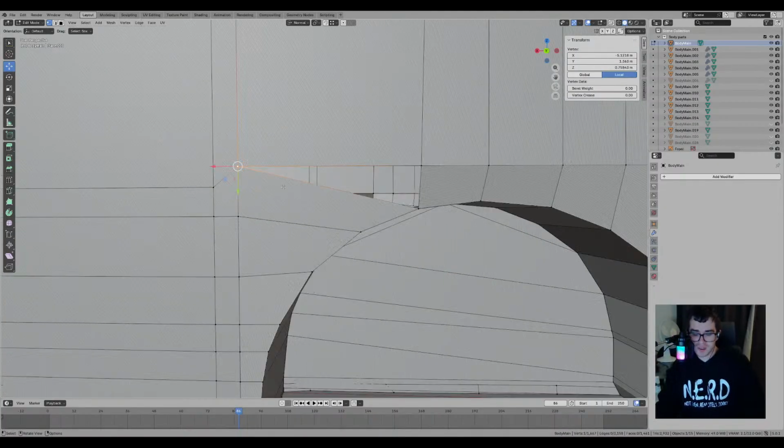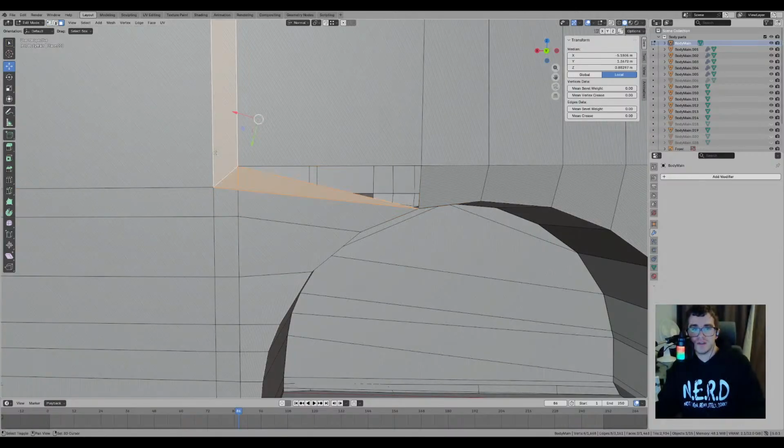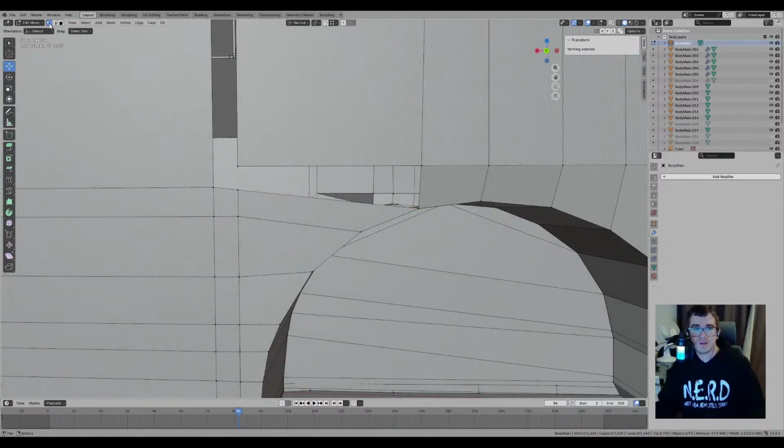Again, I kind of feel like this is a situation the knife tool could fix, where if I can do that to there, I can then potentially delete all these faces,